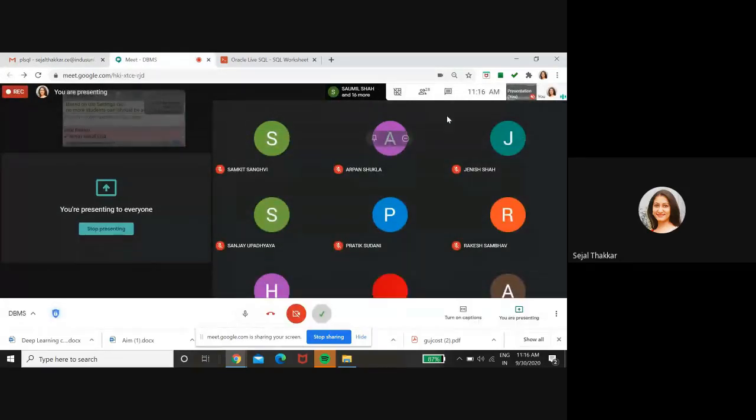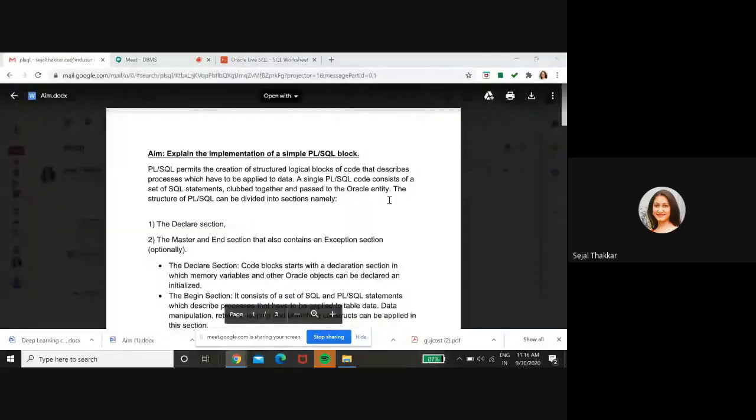So what exactly are we doing here? It has various portions. Are you able to see this Word document?